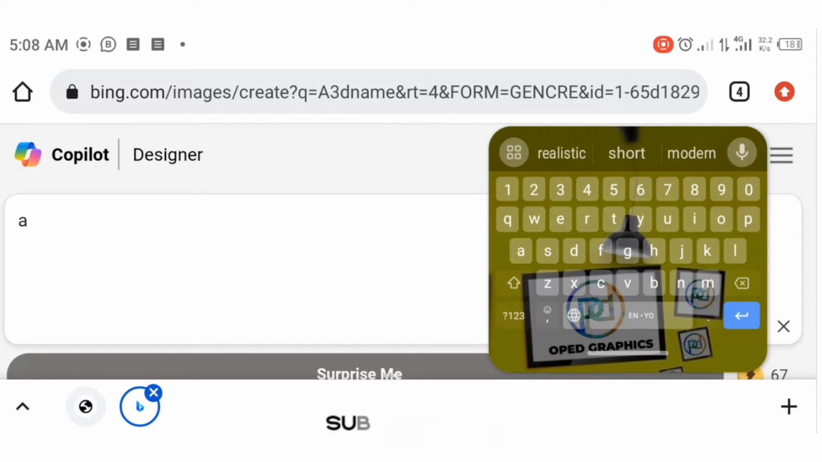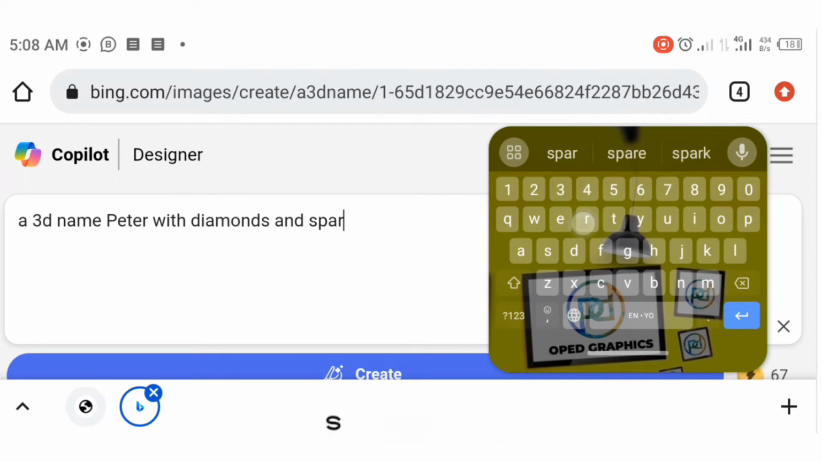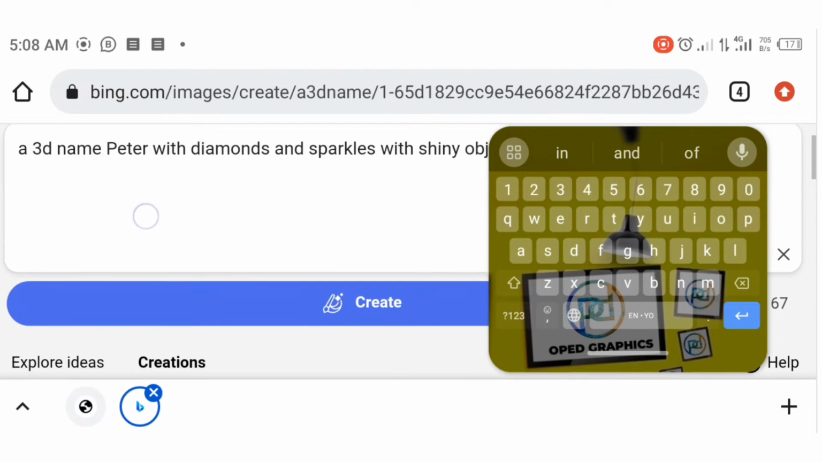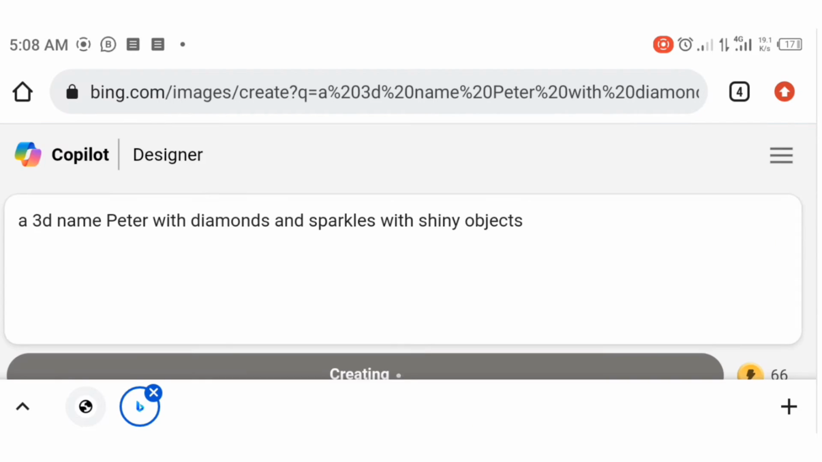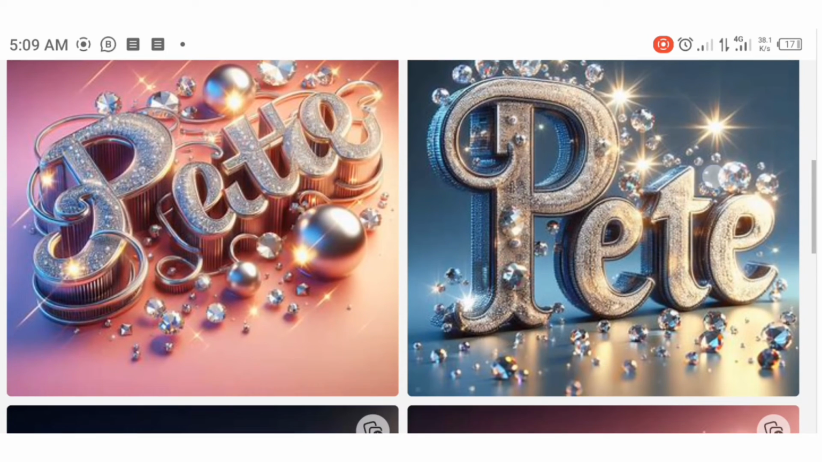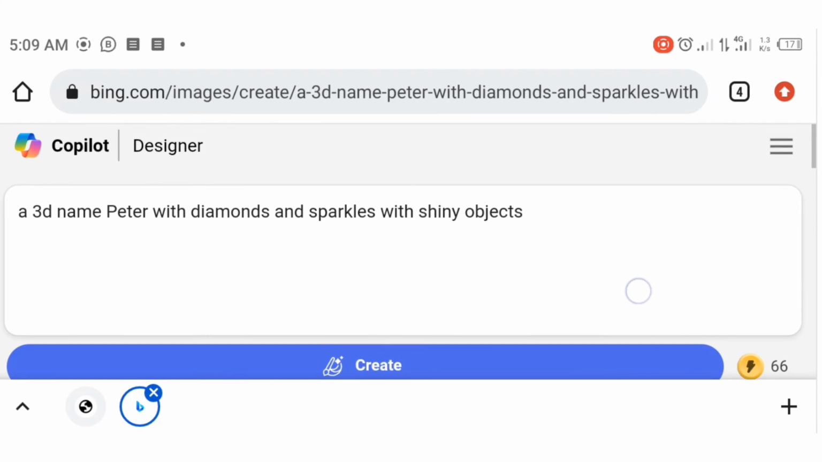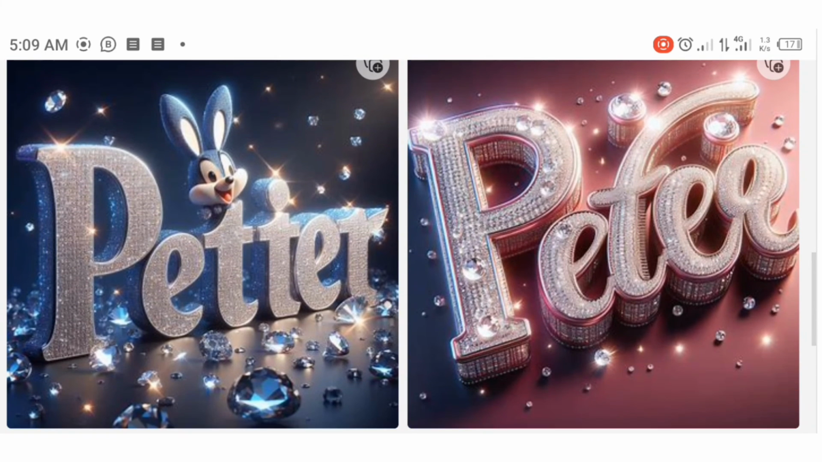So a 3D name with diamonds and sparkles with shiny objects. Okay, let's click on create first and see the outcome. The outcome has been dropped here. Can you see? You just give it what you want. If the text is not correct, check your prompt and recreate or make a complaint or suggestion. See,